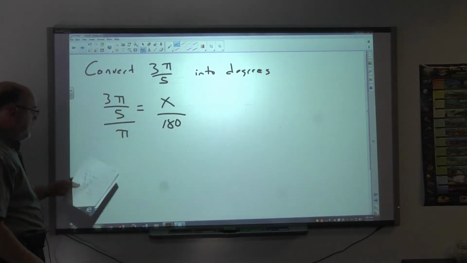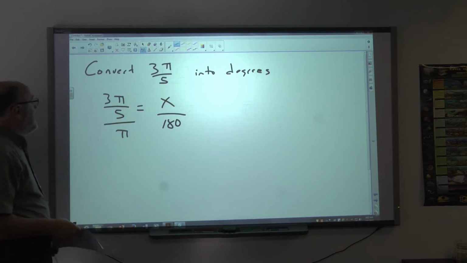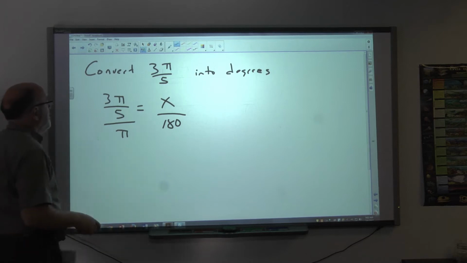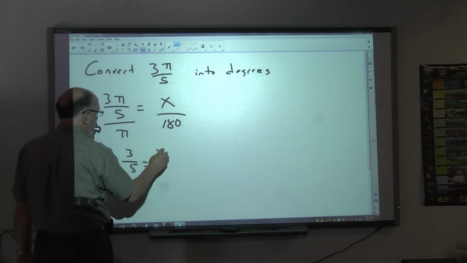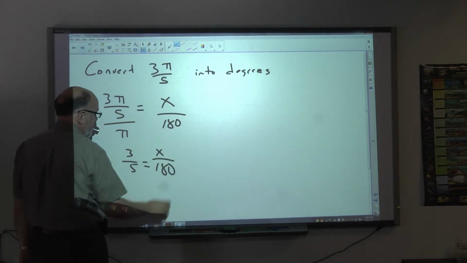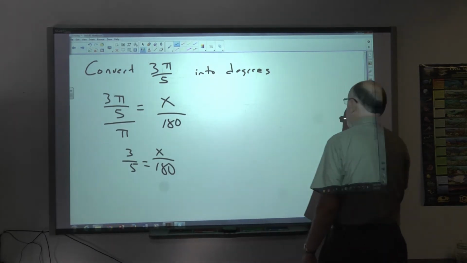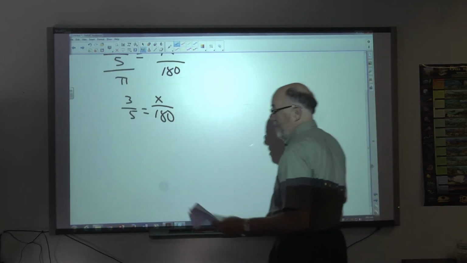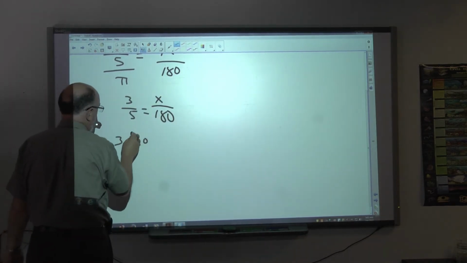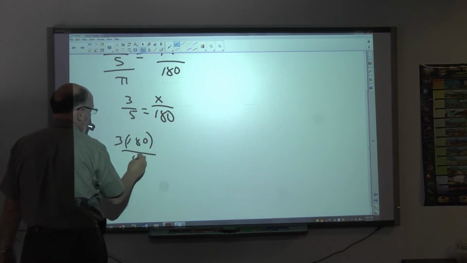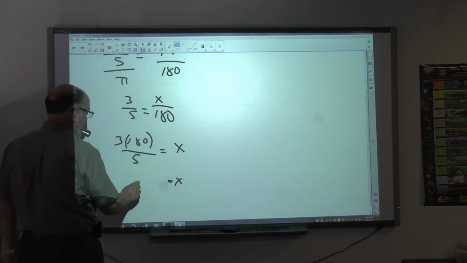So we have our proportion. Now this compound fraction actually simplifies quite nicely. So this ends up just becoming 3 over 5 equals x over 180. And so then it's a matter of solving that for x. And so we get 3 times 180 divided by 5 is equal to x. And so x in this case is 108